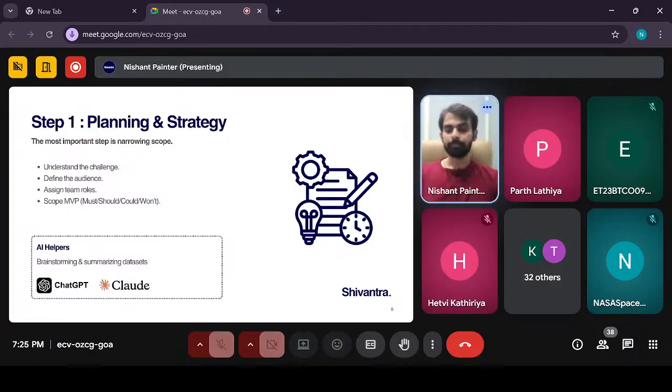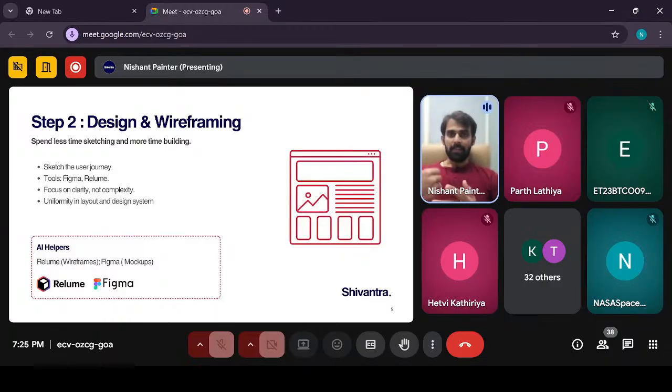Okay. So the second step. Now that we have the problem, now that we have defined what we are trying to understand or what we are trying to solve, the next step is design, right? Which is very important because the first thing your jury or anyone who is looking at you, it will be only the design and the applications which they are looking forward to.